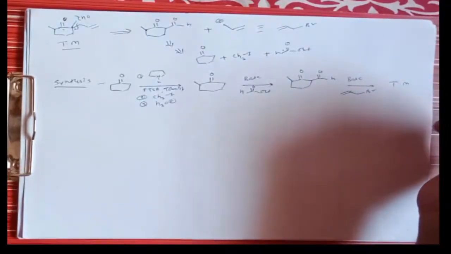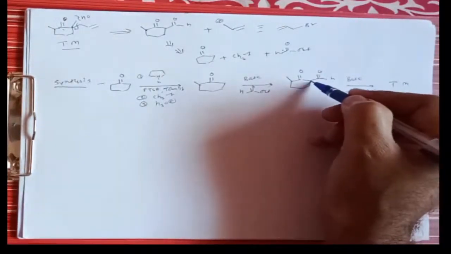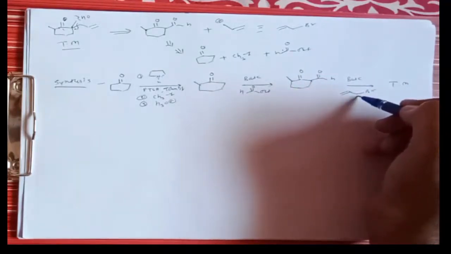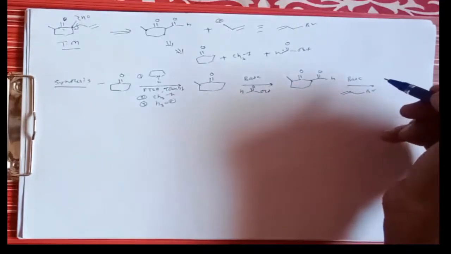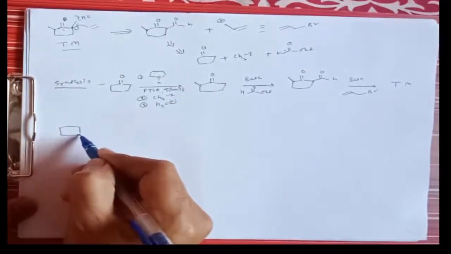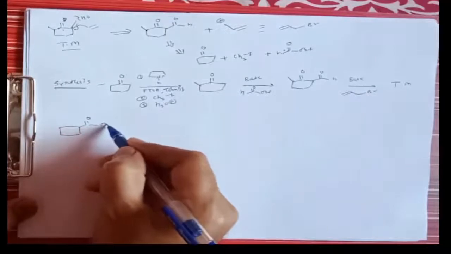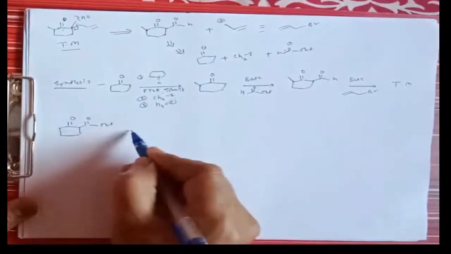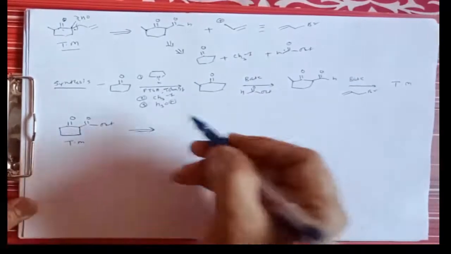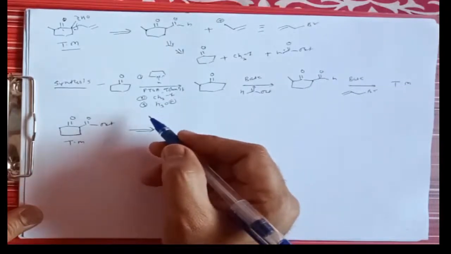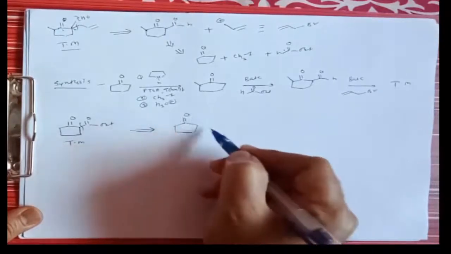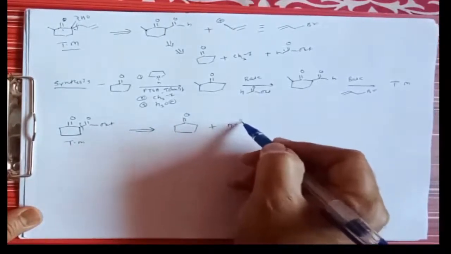It gives only the target molecule because this proton is more acidic, so it will easily be abstracted, and then it will react with this bromide and give the target molecule. Let us take another target molecule, a 5-member ring containing a 1,3-dicarbonyl pattern. Suppose there is such a target molecule, then we can go for breaking this bond, which gives cyclopentanone along with ethyl formate.